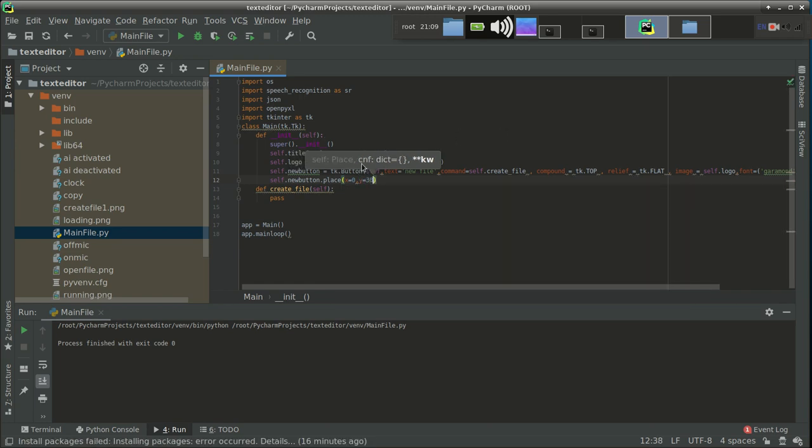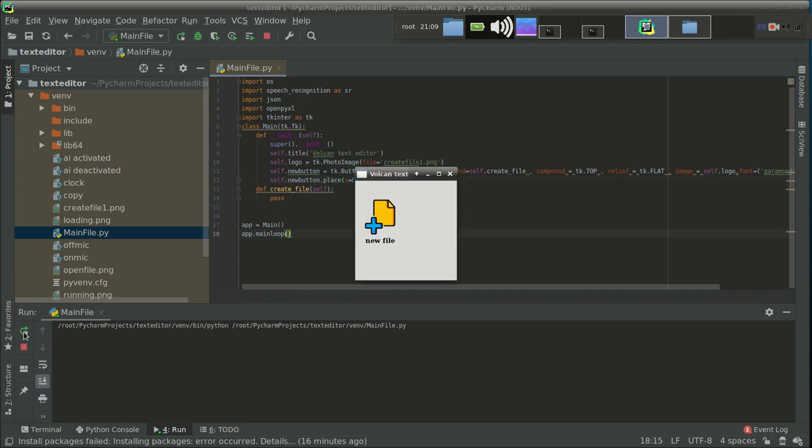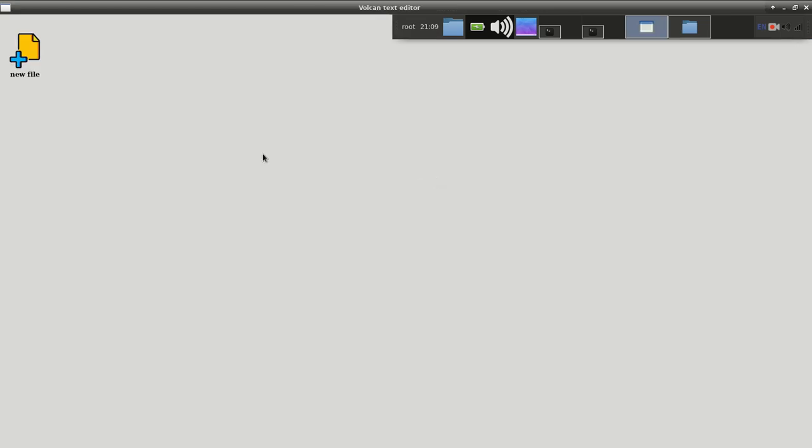You can also change these coordinates according to yourself. So now our button will be shown. As I told, you can see over here, this is the new file button. So till now we have added a button to our text editor. You can see I can click over here.